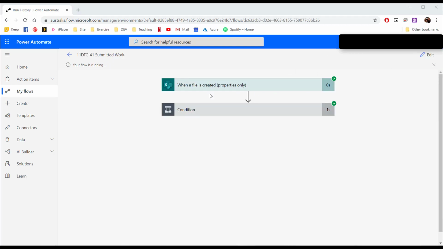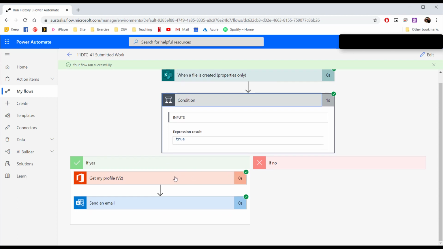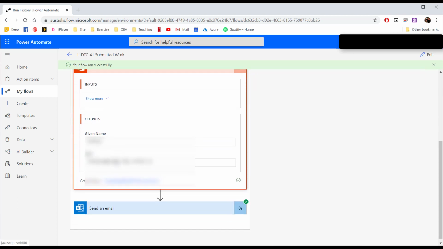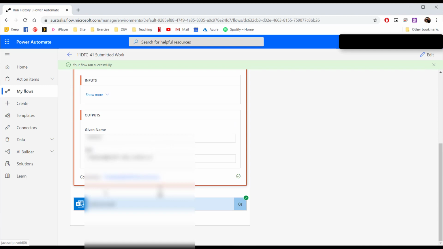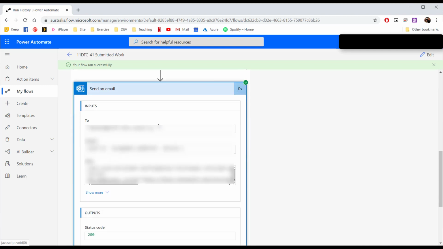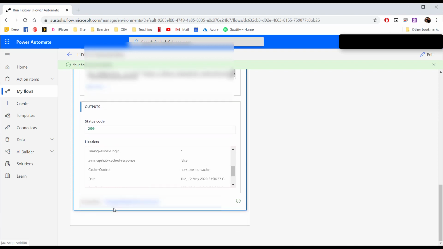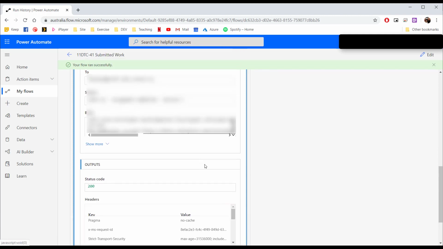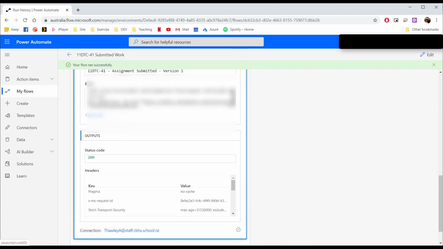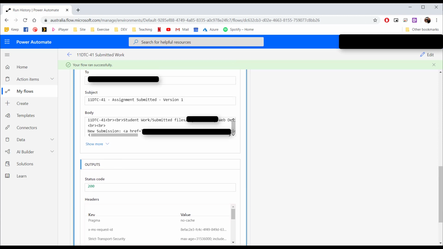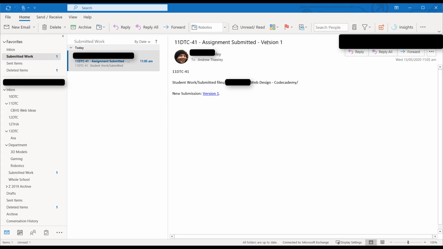Now you can click on the test button and get it to run through with these sort of conditions. So we can see here what it had is it got the profile, it outputted those details, and it sent an email through to myself, and using basically my sort of login connection there, and it sent that email. Now if I quickly go and look at, so what you see is there's an email. No problem with this one is it does basically say send the email from your own account, but